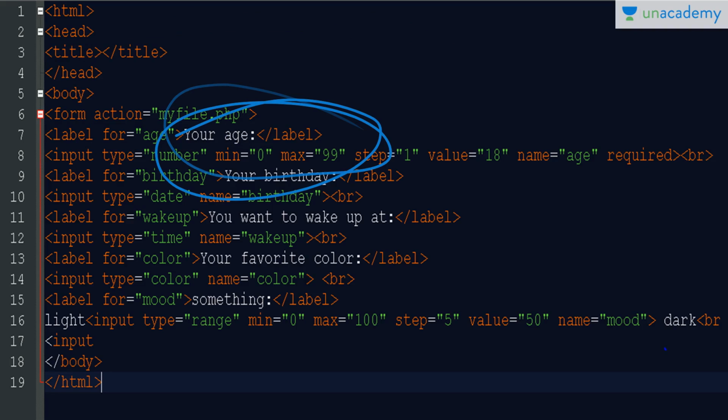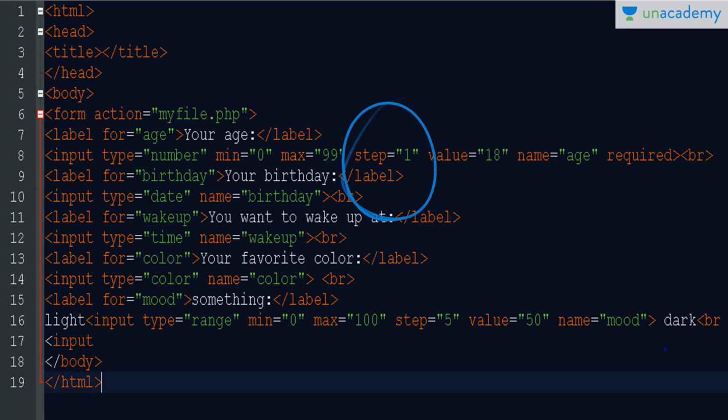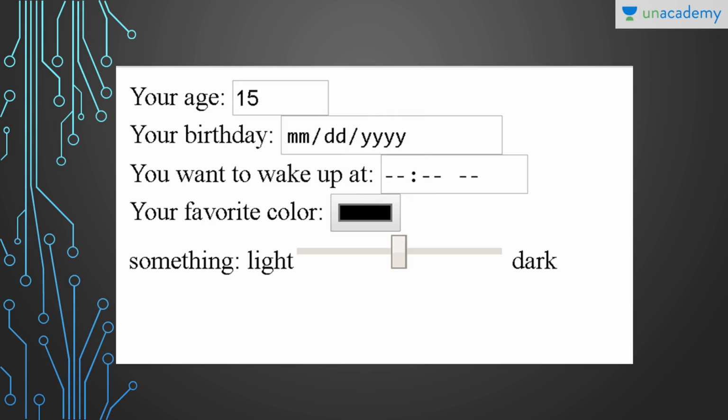After that you can see that I have written step here. Now what is a step? When you write numbers you will see an up and down arrow here. You cannot see it in this picture, but if you try this on your own you will see it. When you click up the number increases by 1, and when you click down the number decreases by 1.